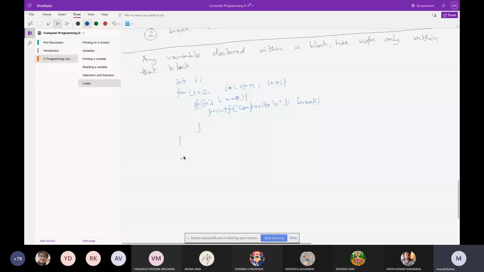But what value? Let me show that. Let me make a discussion here. First, if I is prime, that means none of I has divided n. Follow the logic step by step: none of I has divided n, all the way from 2 to square root of n. So this condition was never true for any I. So this break never gets executed. So break never executes